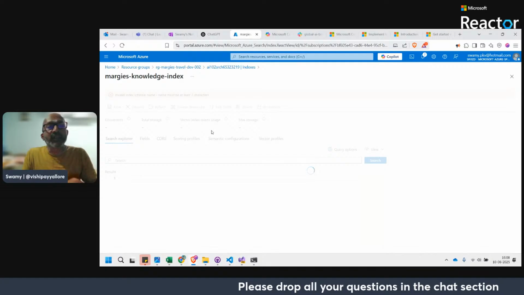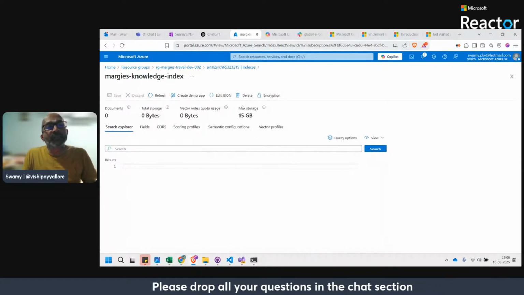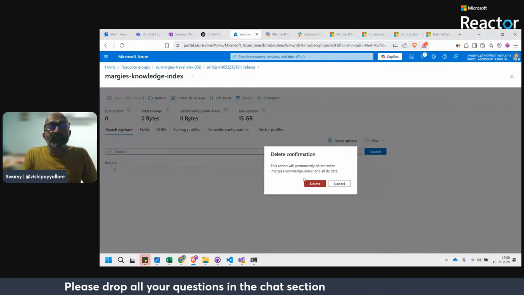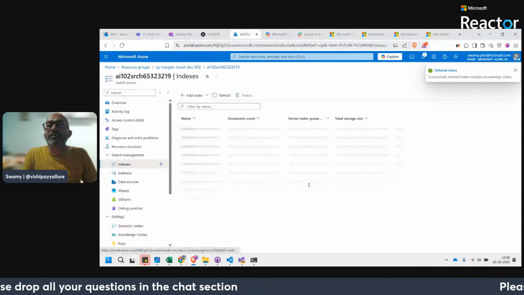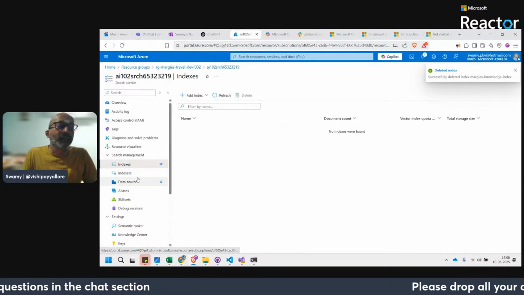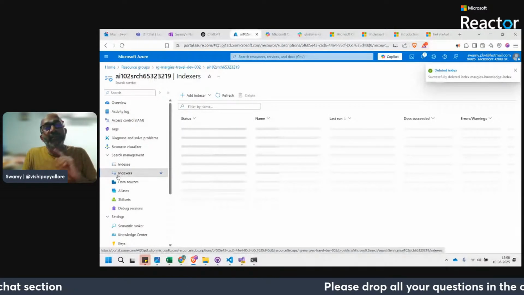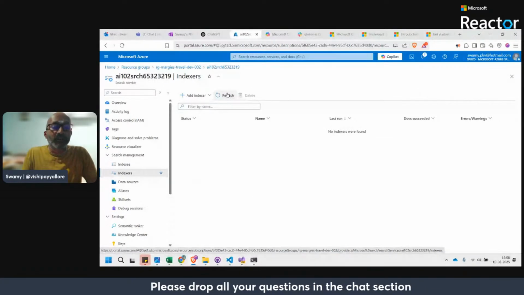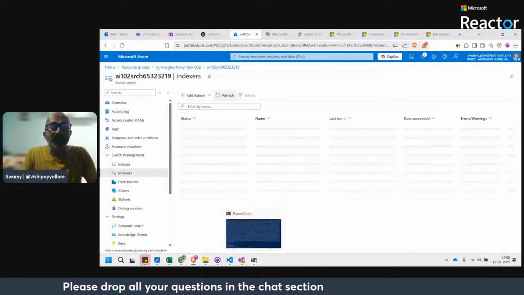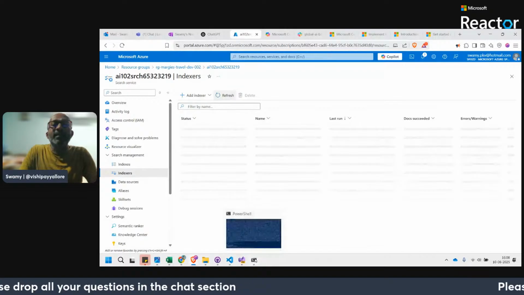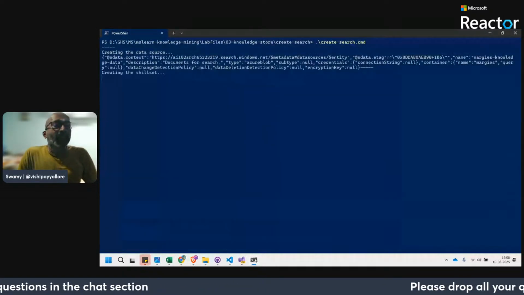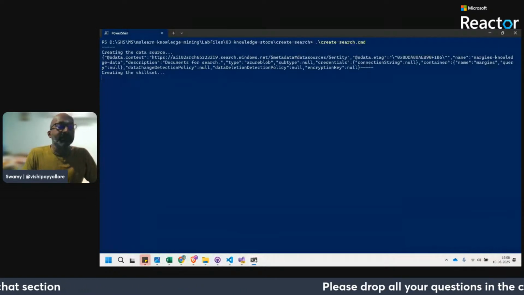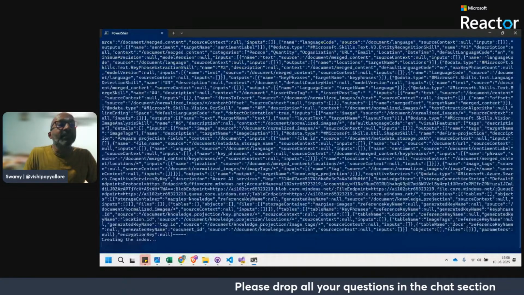I think I should delete the indexer first. Oh, okay. Because the indexer is the one generating this, it automatically nuked it. Well and good. So we lost a couple of minutes. I apologize for that.